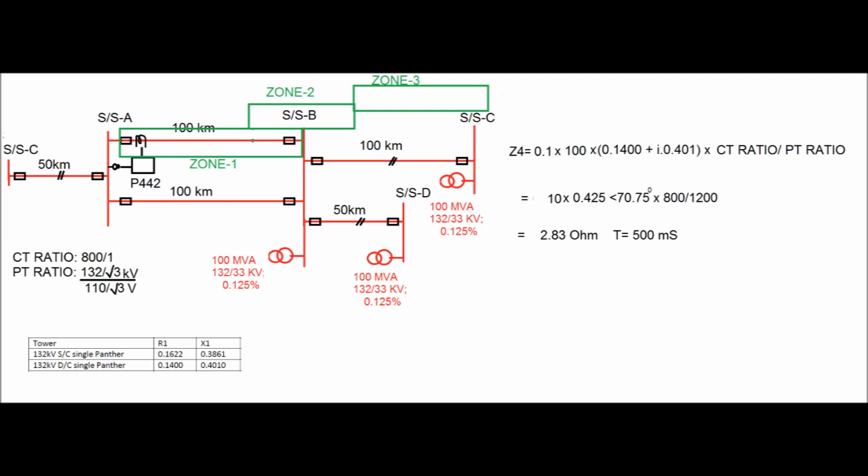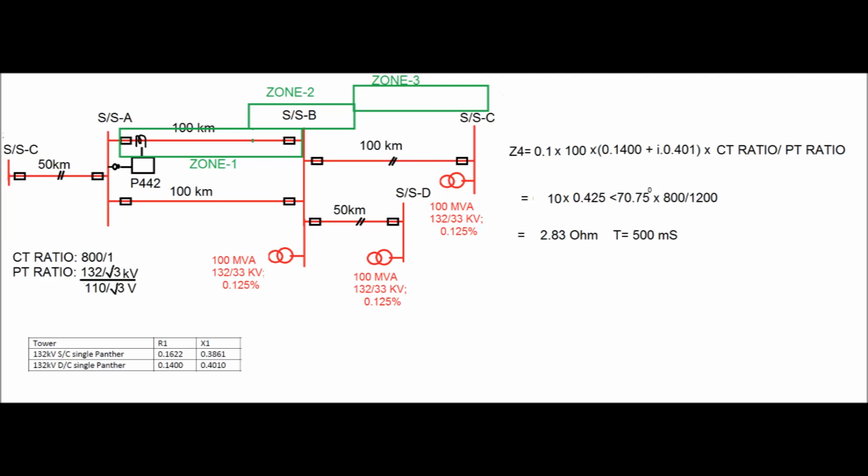Since line length is 100 km, we will give the zone 4 setting as 10% of the line impedance in terms of secondary value, that is 0.1 into 100 into 0.1400 plus j 0.401 into CT ratio by PT ratio, which comes as 10 into 0.425 at an angle of 70.75 degree into 800 by 1200, that is